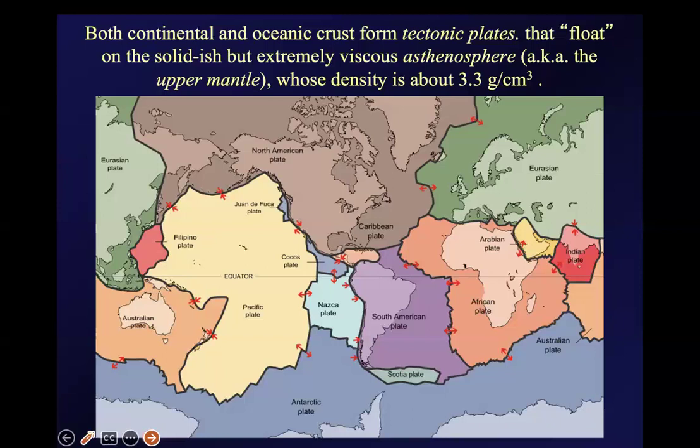You couldn't have an entire continent sitting in the ocean and then suddenly sinking into the sea for the same reason you can't have an ice cube in a glass of water and have the ice cube suddenly drop to the bottom. The rock that makes up the continents is too light to sink to the bottom of the ocean